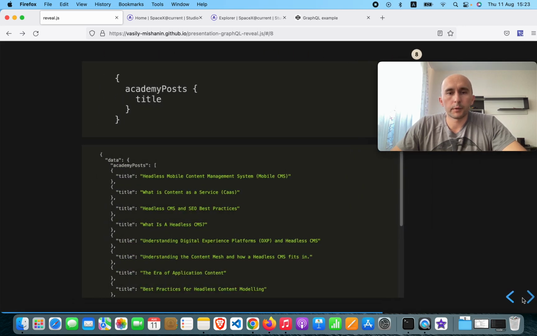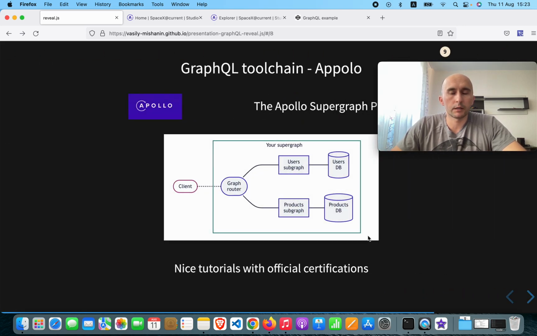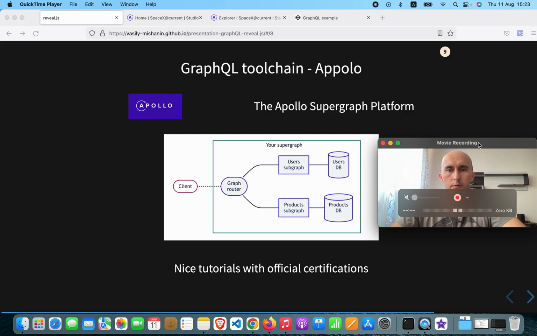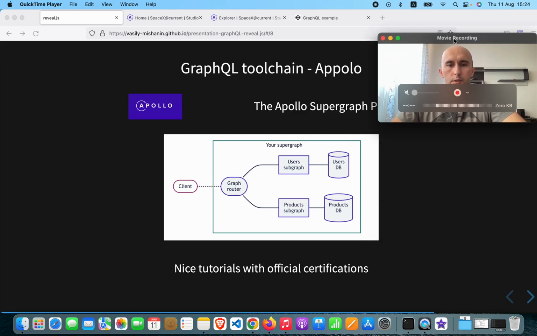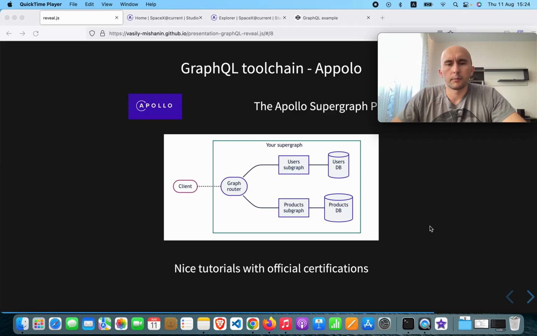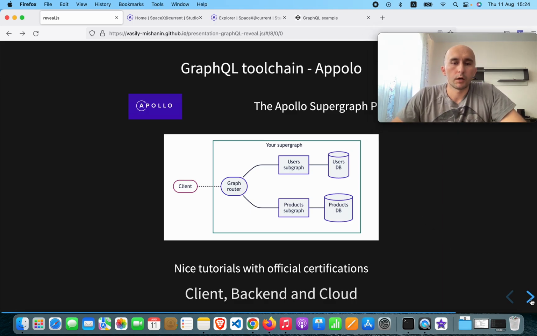So the second part of my presentation is toolchain. There are two main tools of the GraphQL environment, GraphQL community. It's Apollo. It's a supergraph platform which has many features, many nice official courses where you can learn and get official certifications. They also have client, backend, and cloud features that companies and developers can use to boost their use of the GraphQL language,